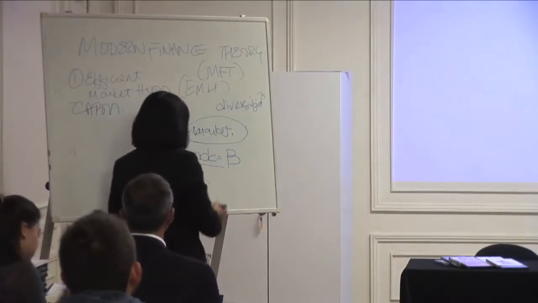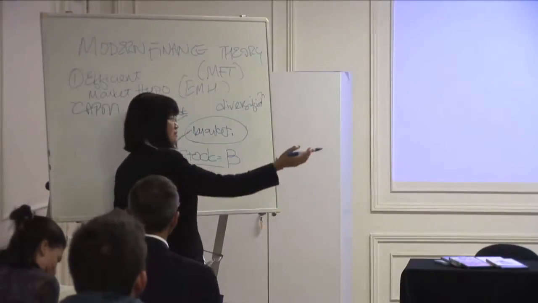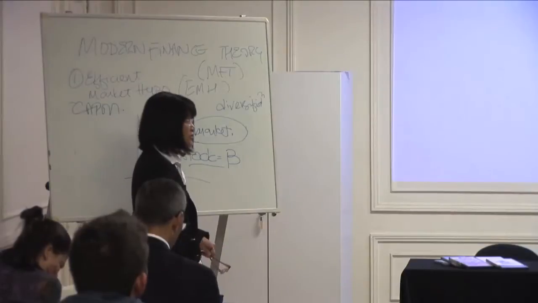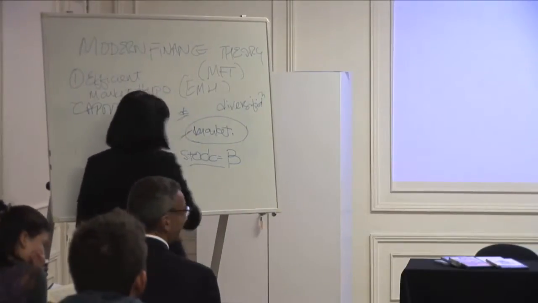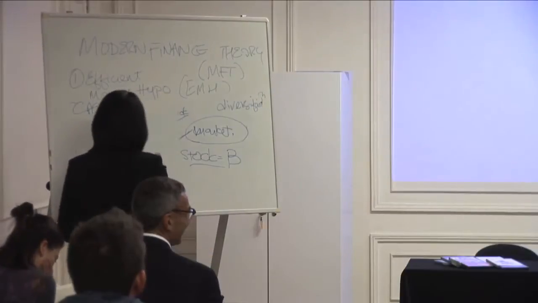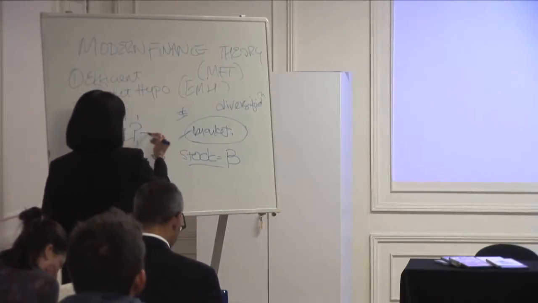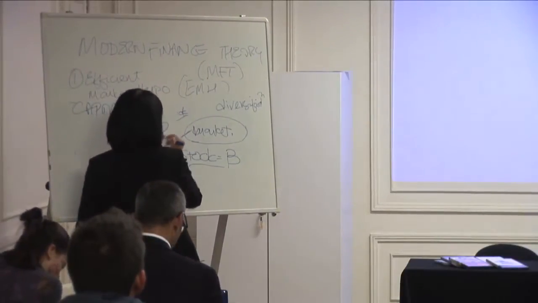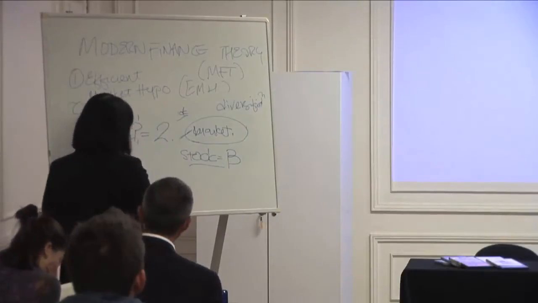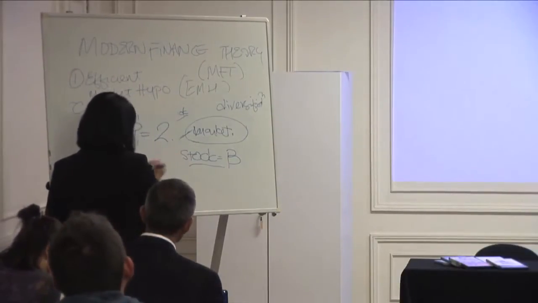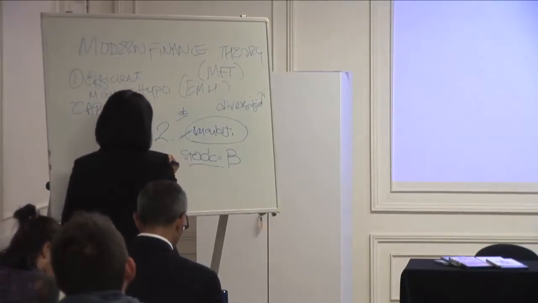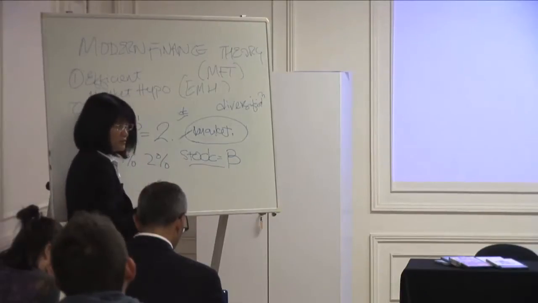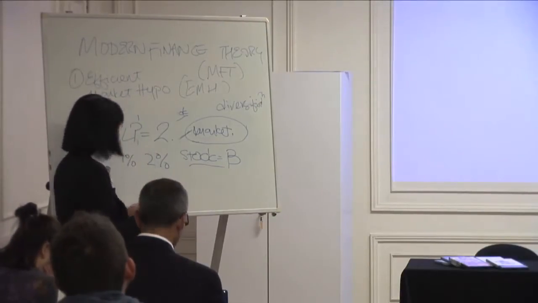So let's just say the beta of your LP. Is that a good stock? No. It's not a good stock, okay. Well, let's just say the beta of LP, which is not a good stock, is 2. That means when the market moves up 1 point, or 1%, LP will move up 2%. So it's double, okay? That's the correlation.